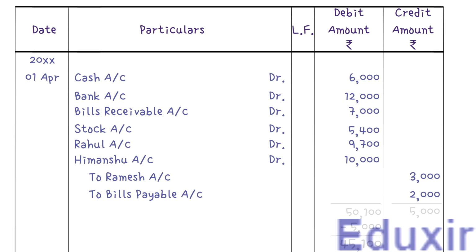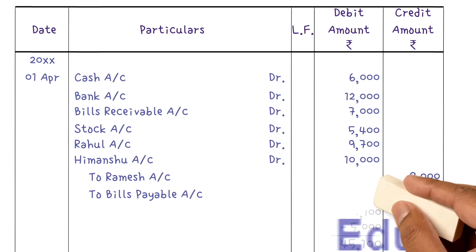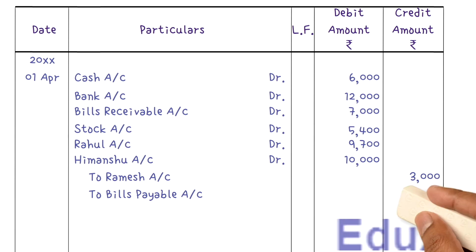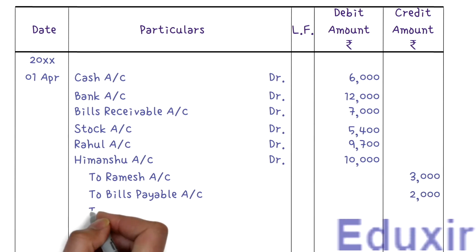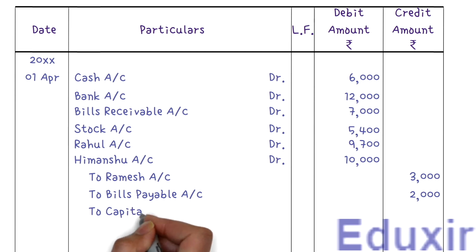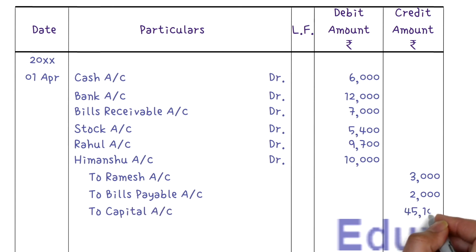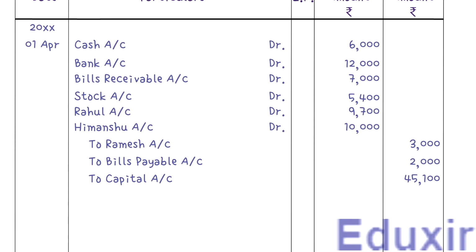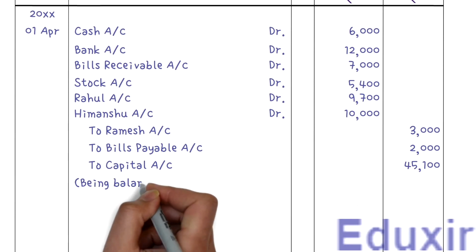This amount of 45,100 rupees represents the capital. You will learn more about this when you are dealing with the balance sheet in financial statements problem. But for now, just be aware that this will be treated as the capital. As you know, capital will be recorded as the credit entry. Let us then record 45,100 rupees in the credit amount column. Let us now record the narration or description of all the balances recorded. That is, being balances brought down from the previous year.